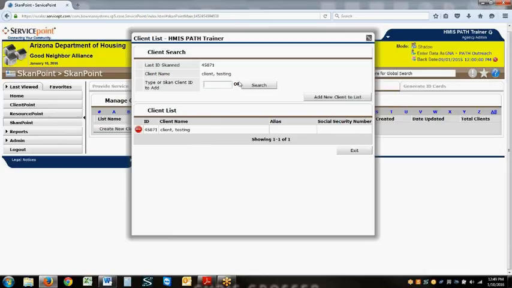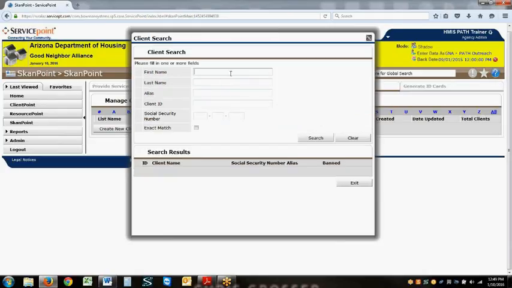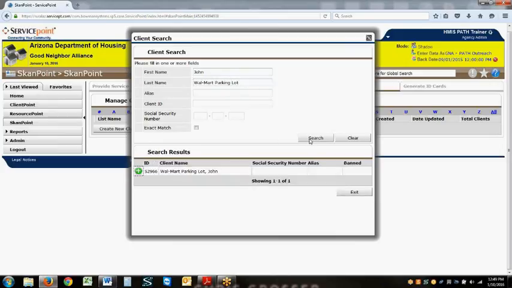But if you choose to search by their name or other criteria, you will click on this search box, type in the information you have, and then click Search. Once you do, a list will generate under the search results. To select the client, you will click on the green circle with the plus sign located to the left of it. It will seem like nothing happened, but in the background, the computer did its job and added the client